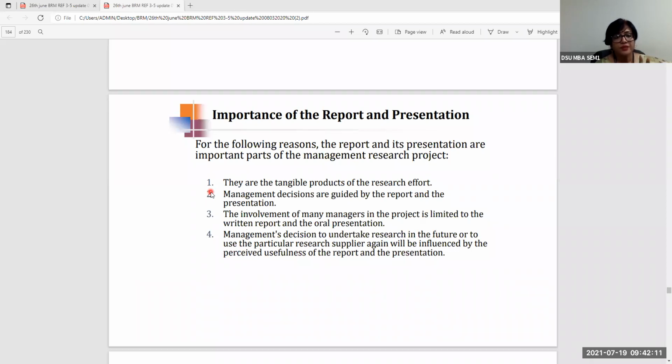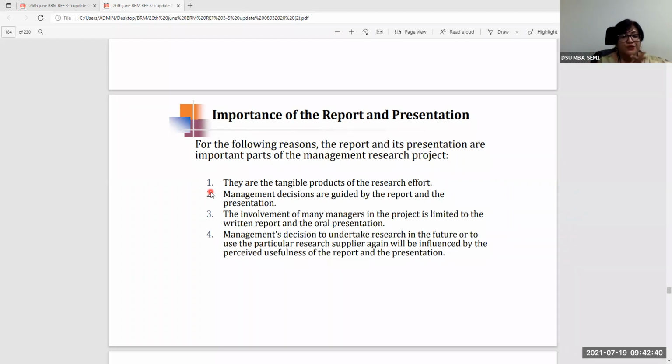You don't want to take a decision based on forged data. You don't want to take a decision based on fake data that has been analyzed. So that is why the robustness of the data collection process, the robustness of the research design, the professionalism employed in the research process, the research ethics that was employed in getting the research data becomes very, very important as part of the whole project of the research.